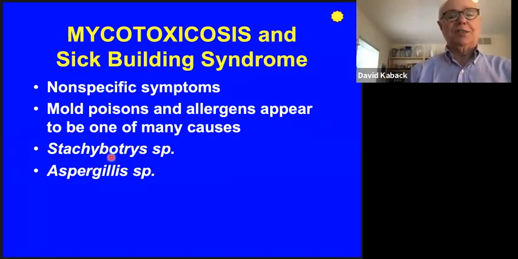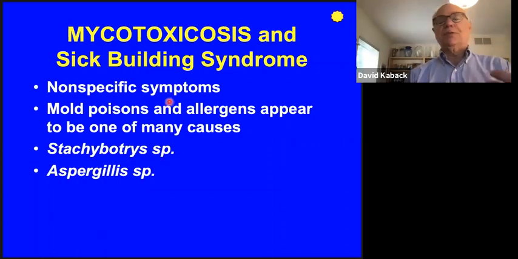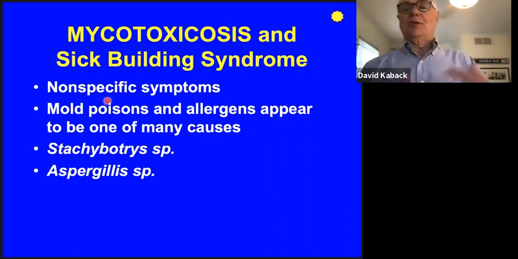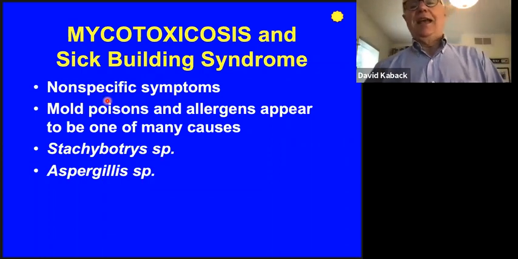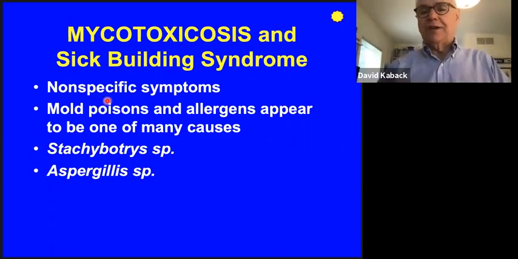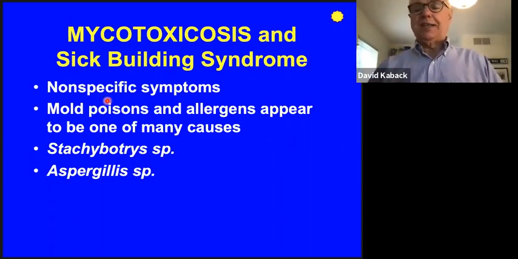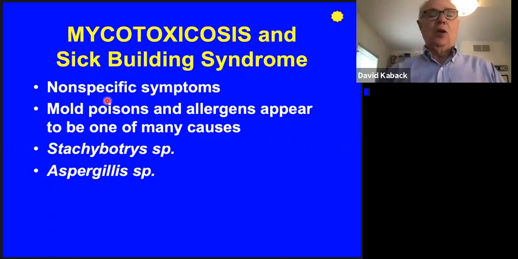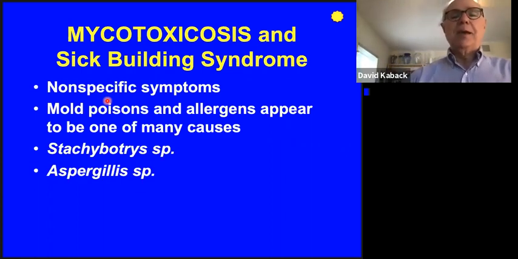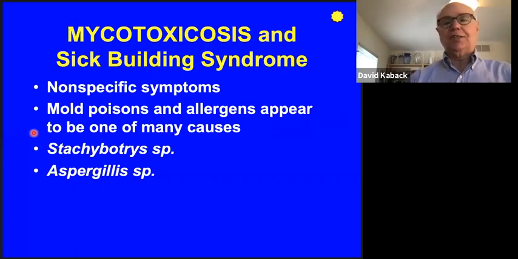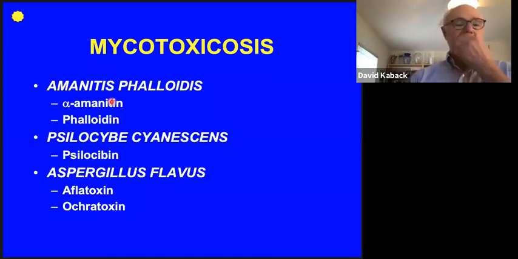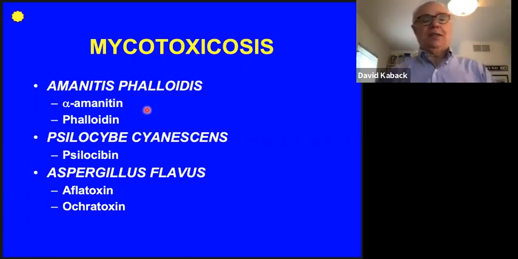Stachybotrys is one kind of fungus that we know produces these things. Aspergillosis is another one. The symptoms are rather nonspecific. People are sent home. People don't recognize it. There are lawsuits involved in it. And the bottom line is that fungi, and sometimes it's just a strain of fungus, can produce a toxin that some, but not all people are sensitive to. But we do know about some fungal toxins, and shown here are three organisms that produce very well-known toxins.